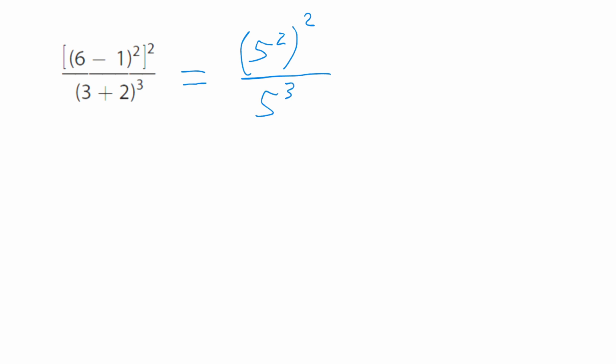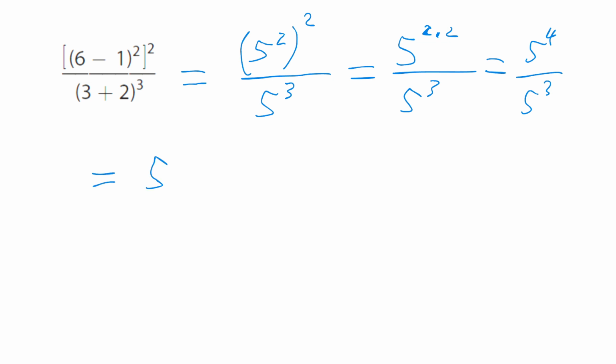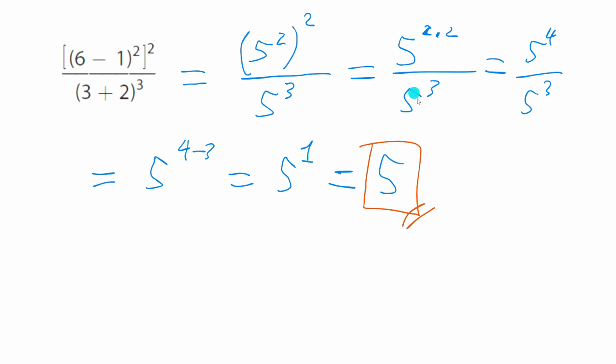Okay? What will happen to 2 and 2? It will become what? 2 times 2 over 5 raised to 3. We have now, what's 2 times 2? Definitely 4 over 5 cubed. How do you answer this one? This is quotient rule, right? You copy the common base, you subtract the exponents. So the answer is 5 raised to 1. What's 5 raised to 1? Simply 5 again because we don't anymore write the 1. So that's our answer. Okay,